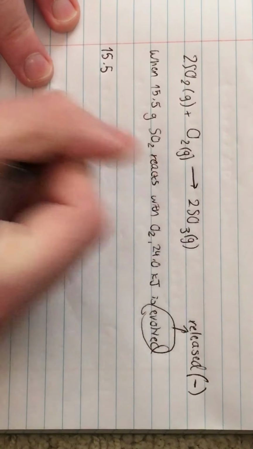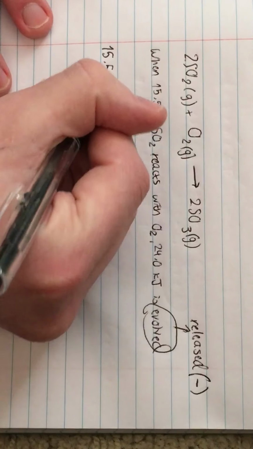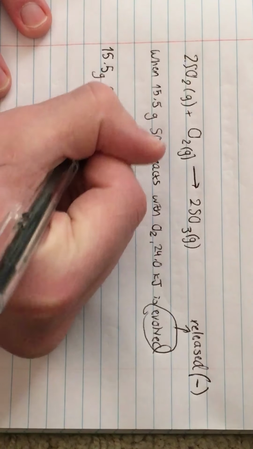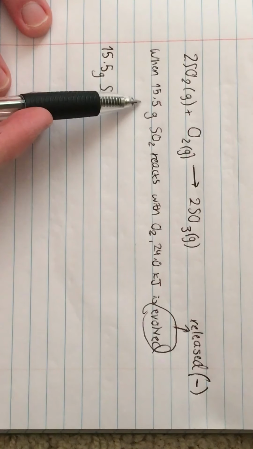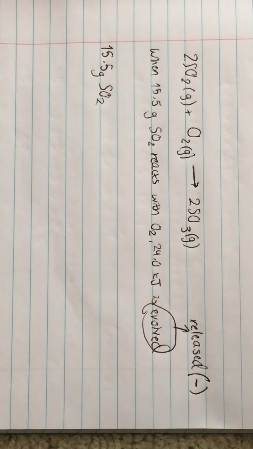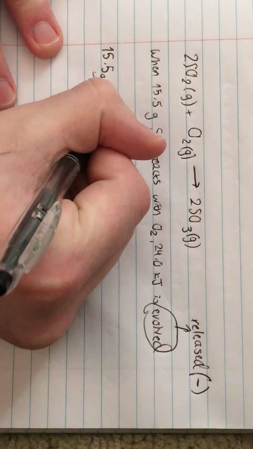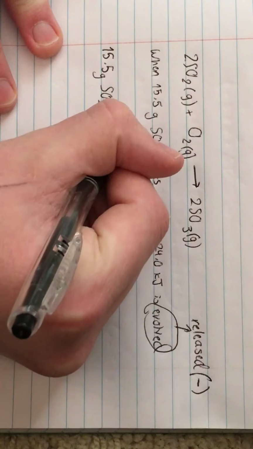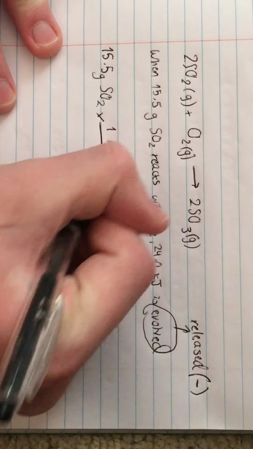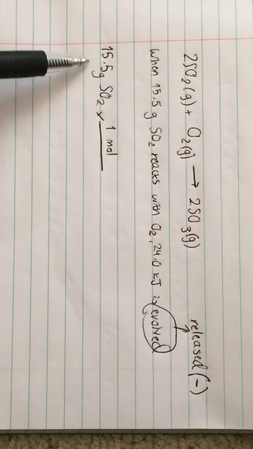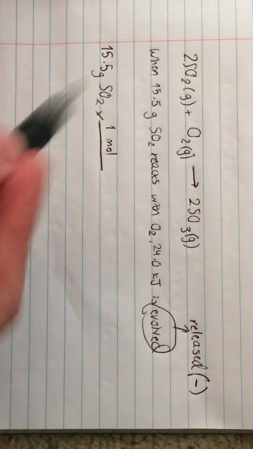So it would be 15.5 grams of SO2, then we multiply it by 1 mole over how many grams are in that 1 mole